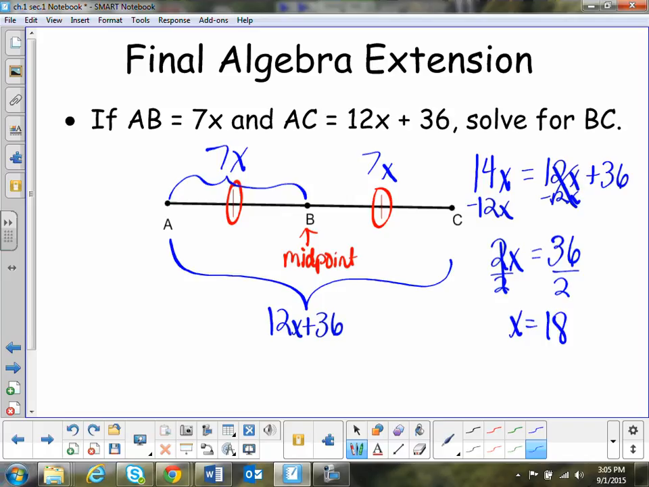Now we need to solve for BC. Well, BC is the representation of 7x, so plug in 18 for x. So 18 times 7 is